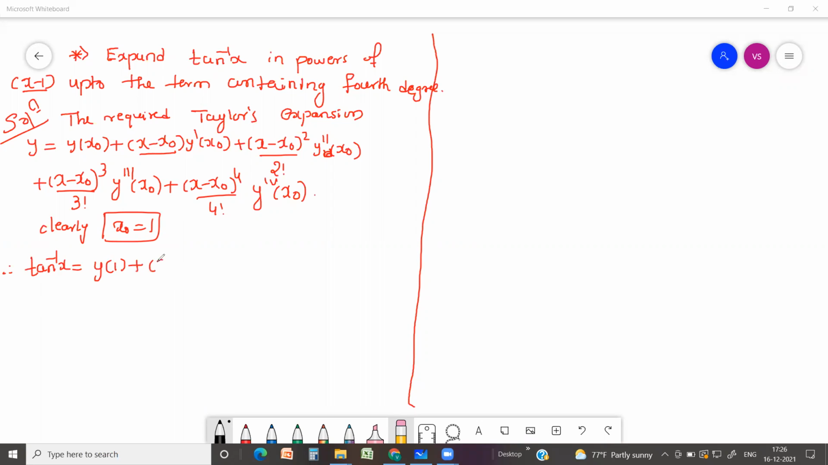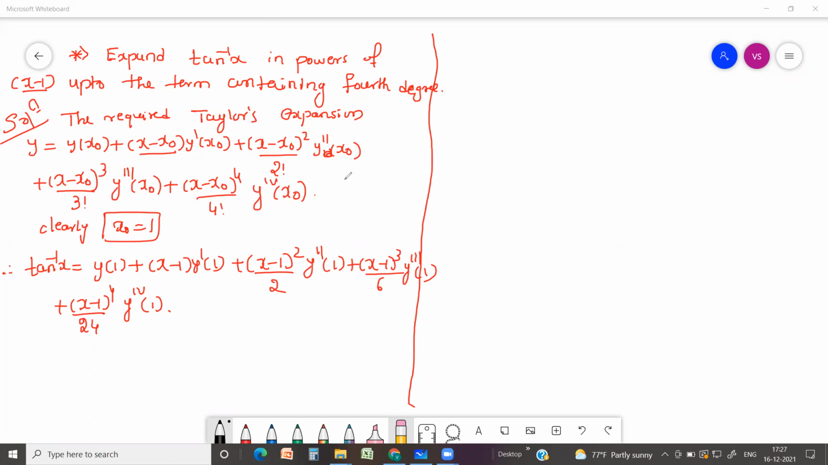1, plus (x minus 1) into y dash of 1, plus (x minus 1) whole square by 2 factorial, value is 2, y double dash of 1, plus (x minus 1) whole cube by 3 factorial, value is 6, y triple dash of 1, plus (x minus 1) whole power 4 by 4 factorial, value is 24, fourth derivative of x about the point 1. That is this. So as I told, this y dash can be written as